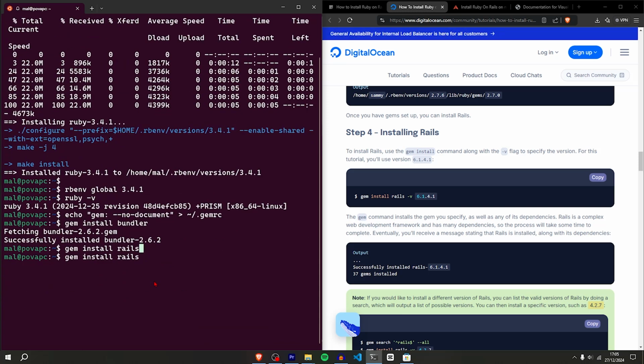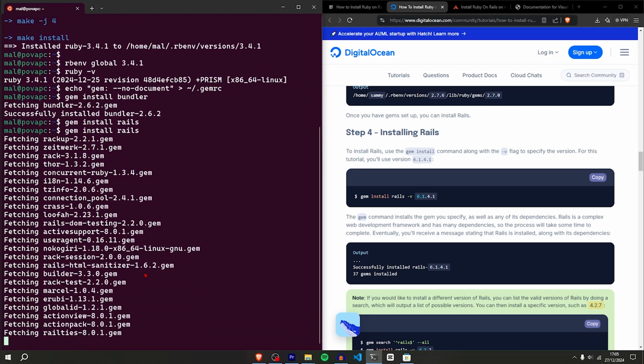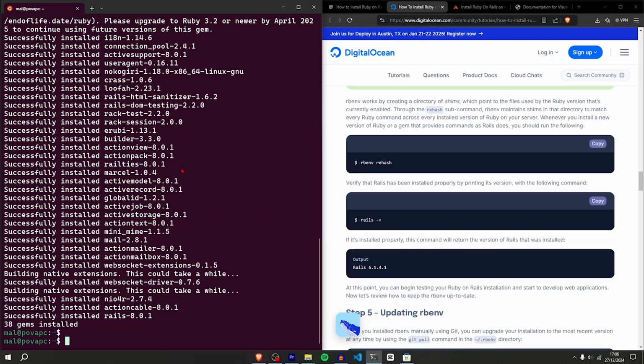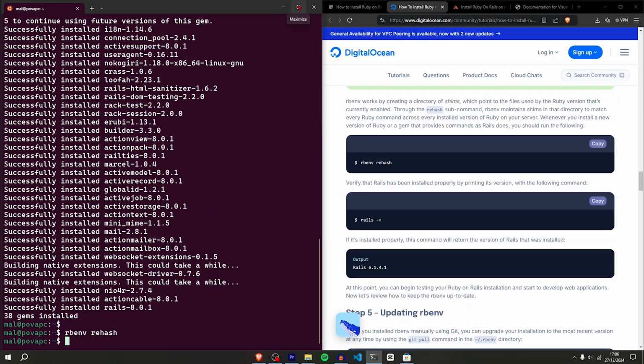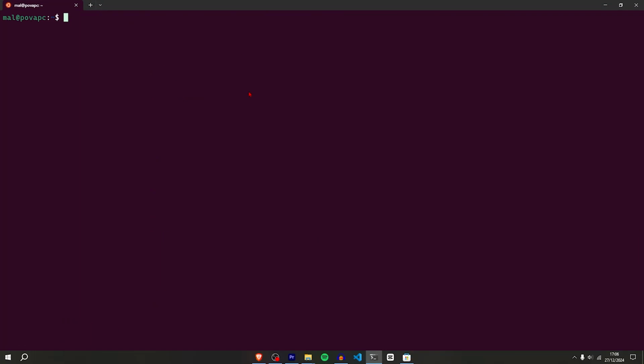If we want to specify a version, then we can just run -v and then the version, but we want to run the newest, so hit enter. And as you can see, now it's installing Rails. It looks like it has been installed, and now we have to run rbenv rehash just to allow the commands to actually enter. So I'm just going to full screen, hit clear